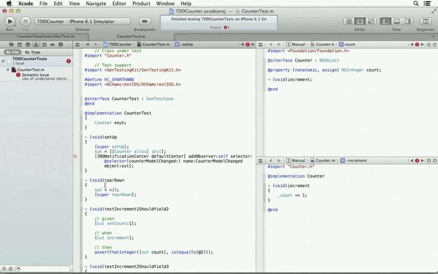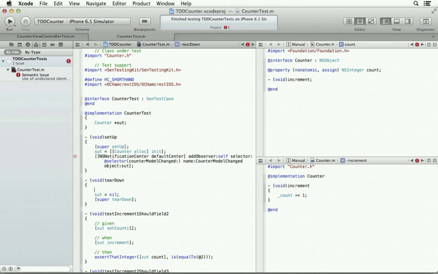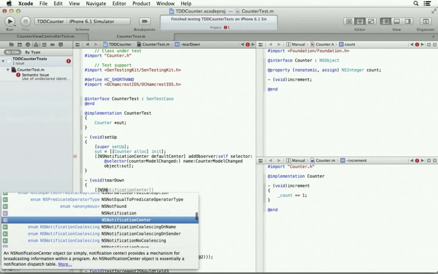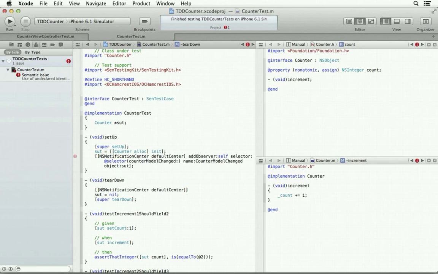Okay, and likewise in the teardown, let's just clean that up and remove the observer.